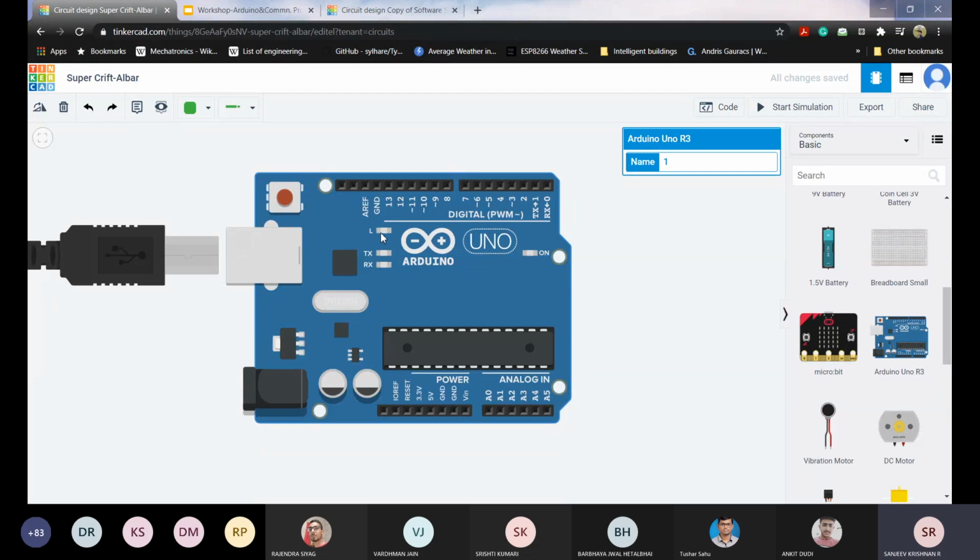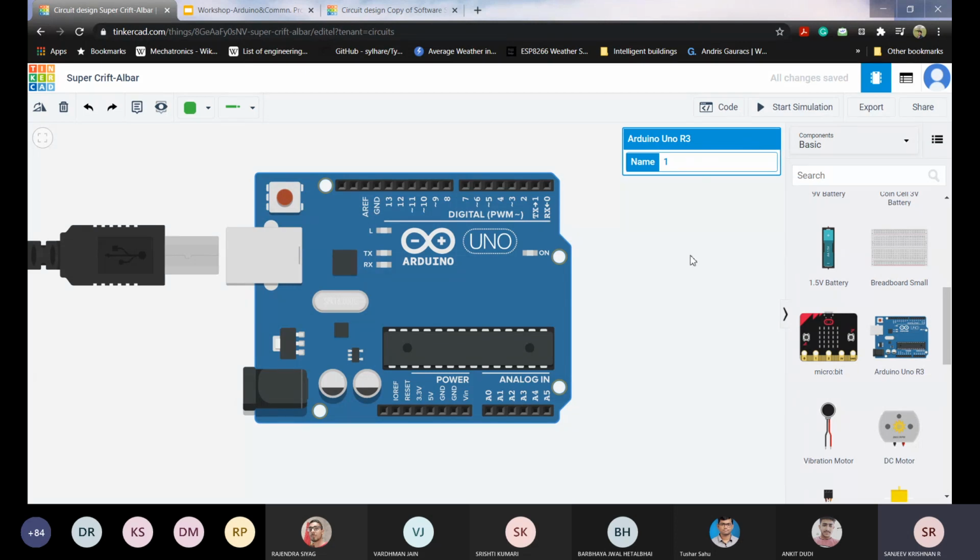We are just going to actuate this inbuilt LED, this thing. And I said already, remember that this inbuilt LED is connected to pin 13. So if you have to control this LED, you have to control it through pin 13. So the aim is to control this LED, and what we'll learn from this is the basic structure of the code.